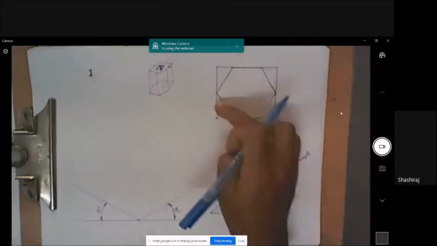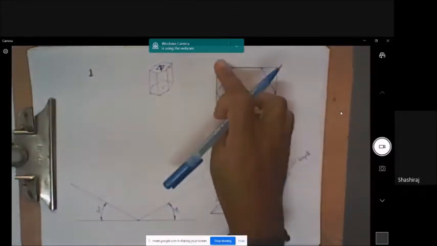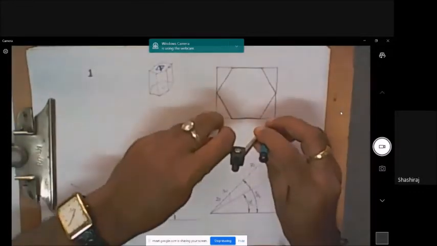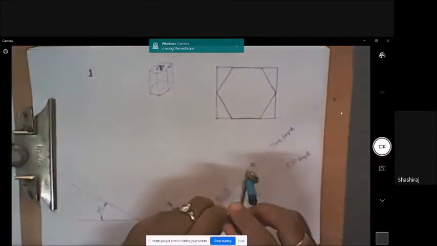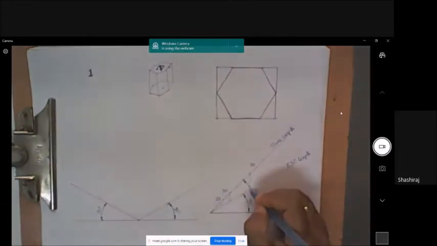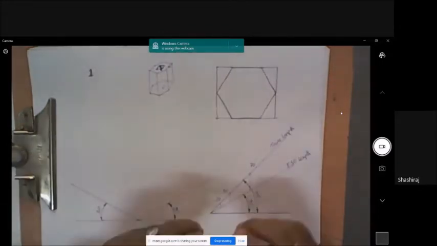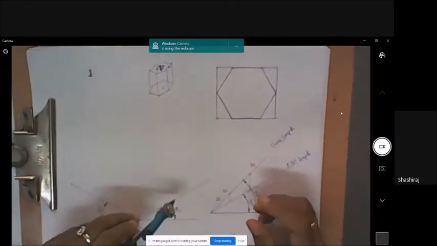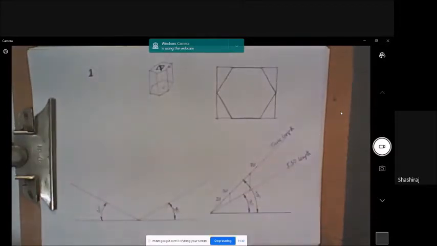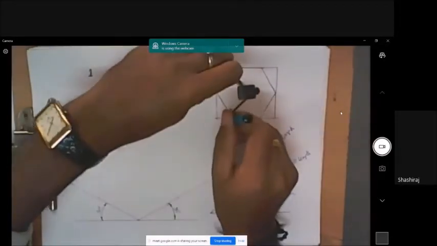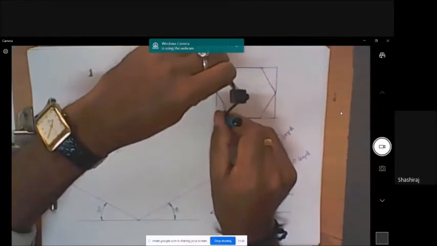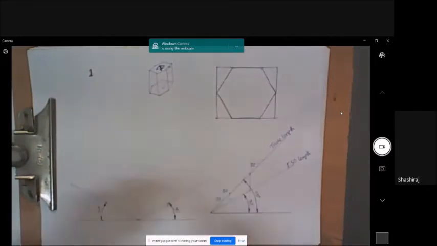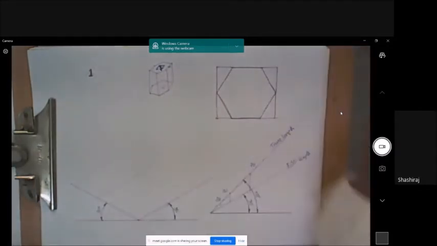So in order to start the hexagonal face, first I have to draw the isometric for this box, rectangular box. I'll take this length first. I'll take it to isometric scale. It is here. Vertical line, it meets here. So this is isometric length for one of the edges. This is isometric length. I'm drawing it here. And for the other edge, I have to take this length onto isometric scale, which will be here, which will be smaller than the other edge. I have to draw a vertical line there.